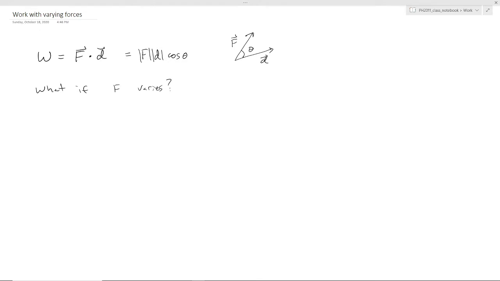So let me give you an example to compare. One of the simple examples we looked at was, suppose you have a box or something and you pull it and you scoot it some distance. When we talked about this example, we'd always assumed that there was nothing changing with the force. So one way to think of computing the work in this situation, remember this was F d cosine theta,